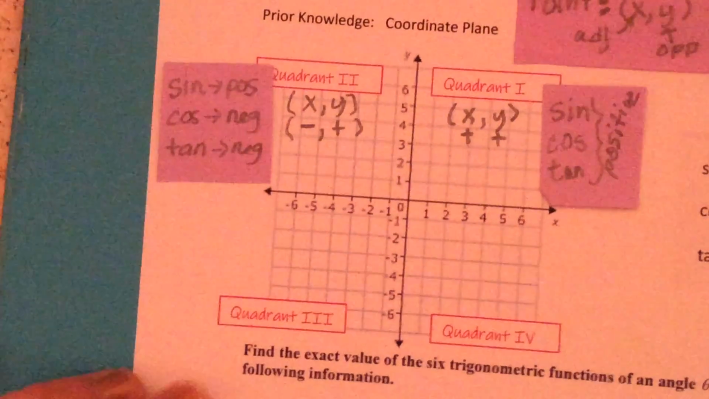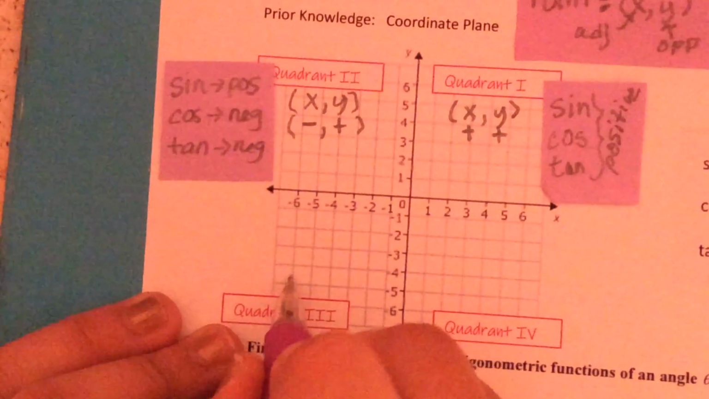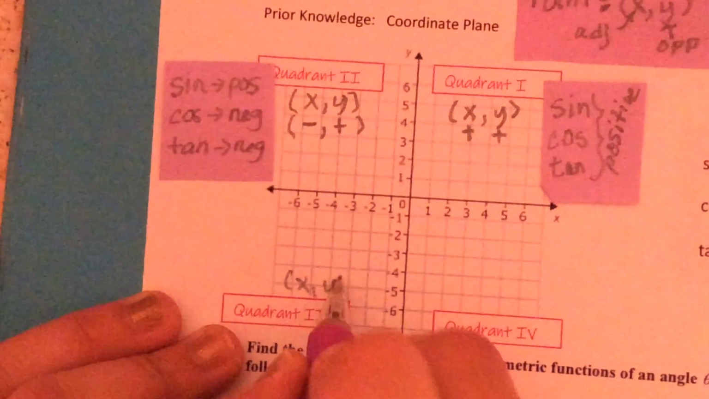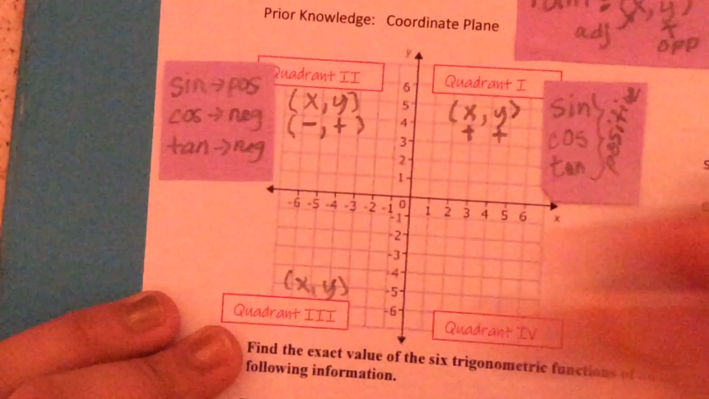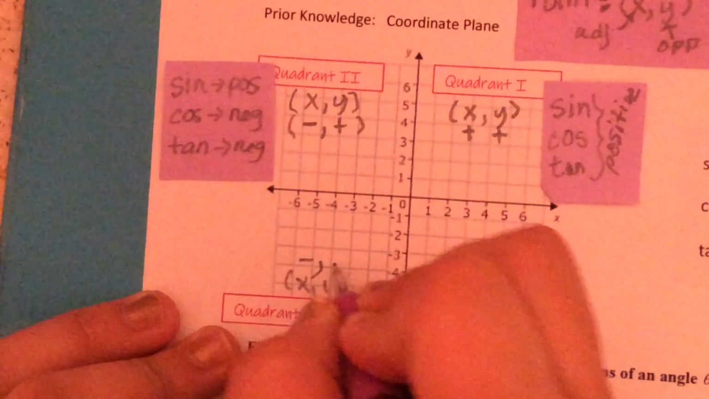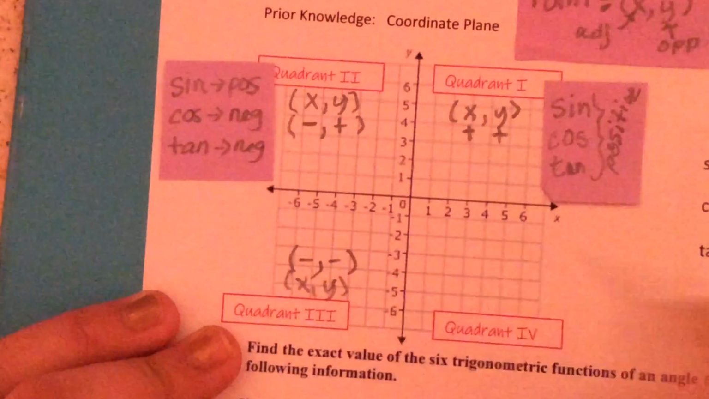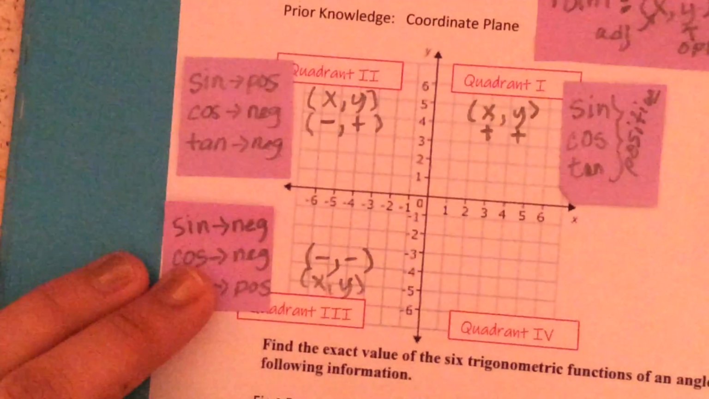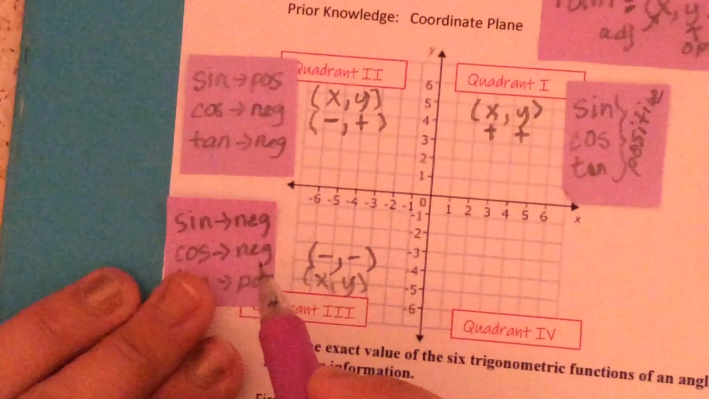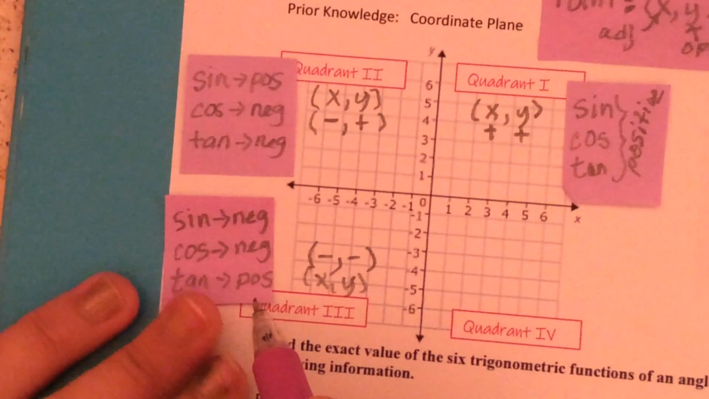And then when you move to the third quadrant, your (x, y), you're going to the left and down. So both of them are negative: the x is negative and the y is negative. So then the sine is going to be negative, the cosine will be negative,